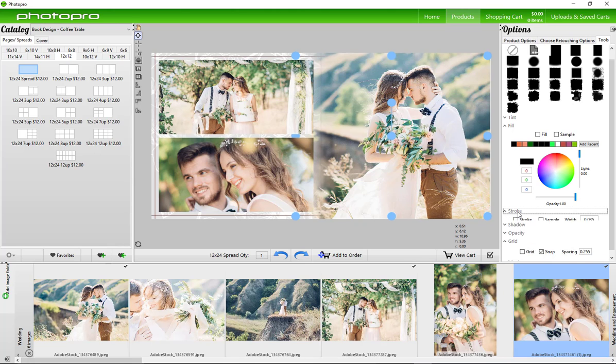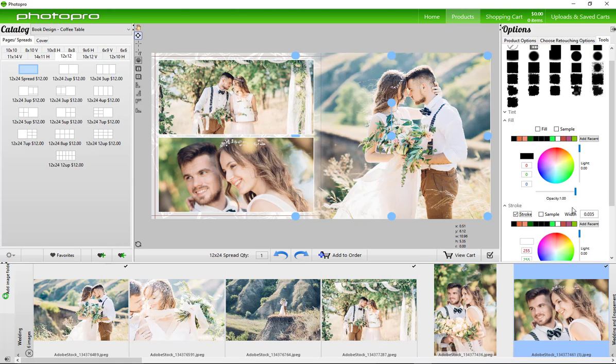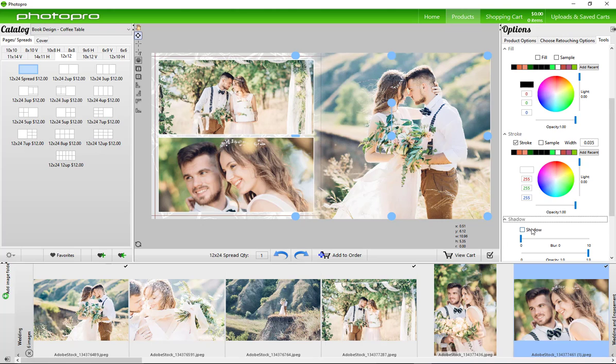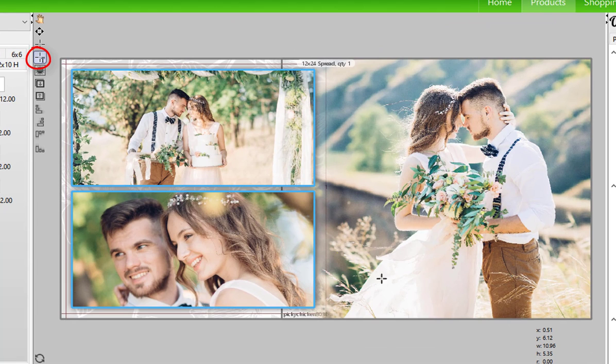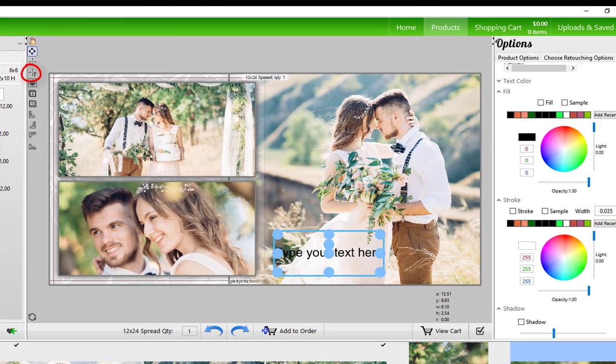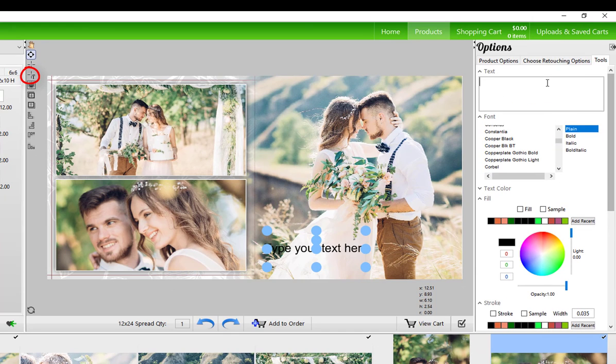I'm going to create a border by clicking Stroke, and a shadow by checking Shadow and playing with the blur and the opacity. I want to add a quote to this spread, so I'm going to use the Draw Text tool to create a text box here. Enter in my quote